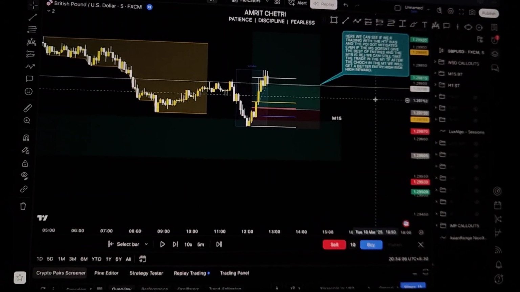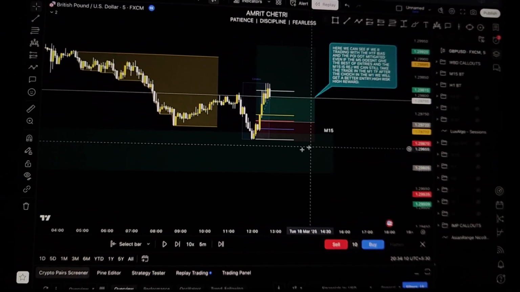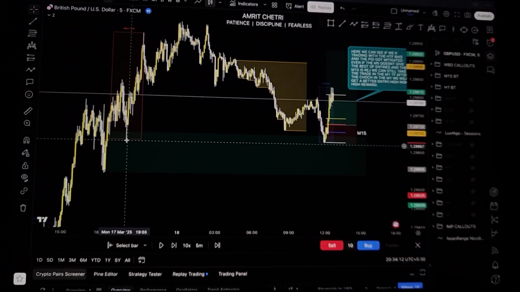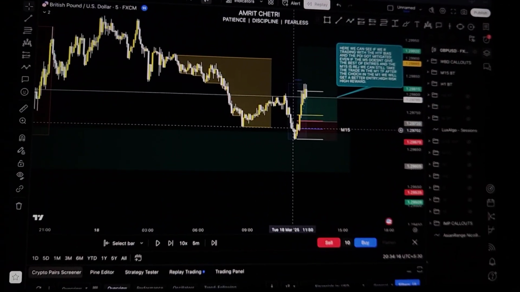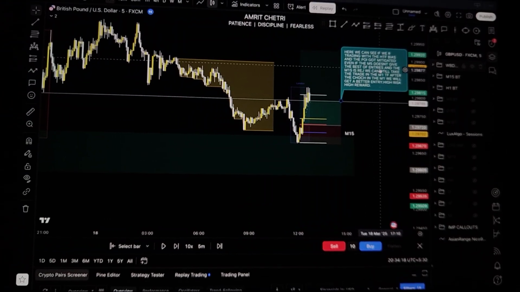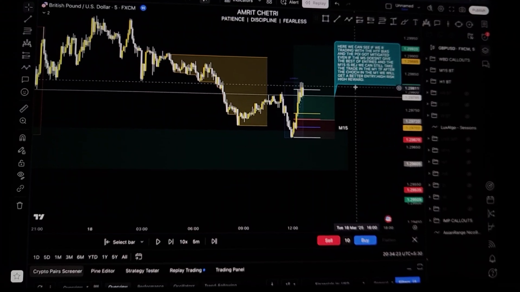So here we can clearly see, if we are trading with the higher time frame bias, the point of interest got mitigated, the M15 demand zone got mitigated, the previous New York session liquidity got swept, the Asian low liquidity got swept, and on M5 there was no entry. As you can see, M5 doesn't give the best of entries. Even if the M5 doesn't give the entries, we can still take it on the M1.